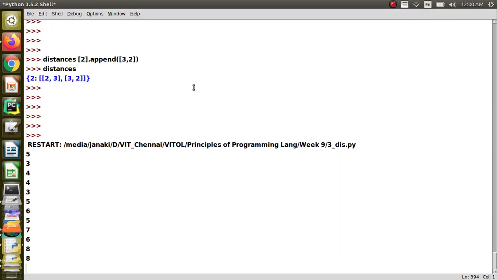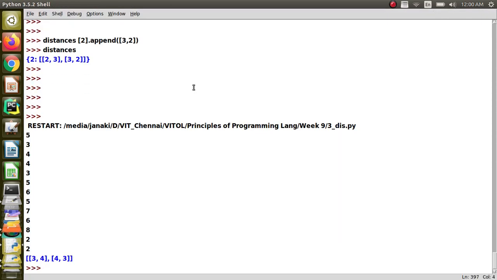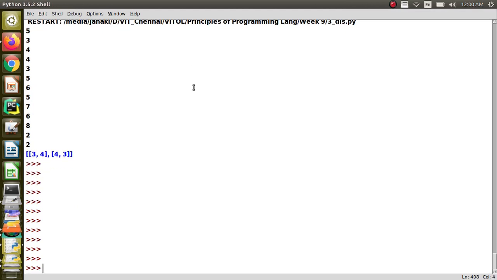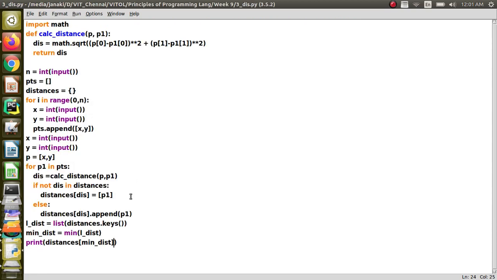Now the point that should be analyzed is 2, 2, right? So you can see that it is printing 3, 4 and 4, 3, right? We already discussed that these 2 points have the minimum distance. So it is identified by the code, and it is getting printed, right? It's a very interesting code which involves a lot of concepts of Python. You can also work it out and see. By practicing, you will find more interesting concepts, and it is very easy to solve problems using Python. Thank you.